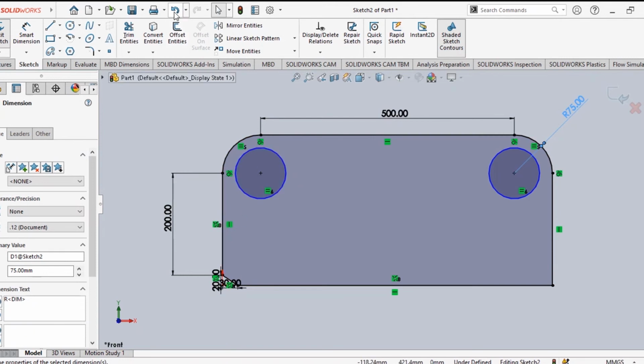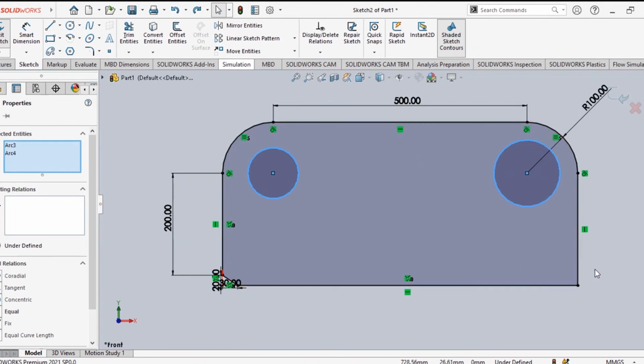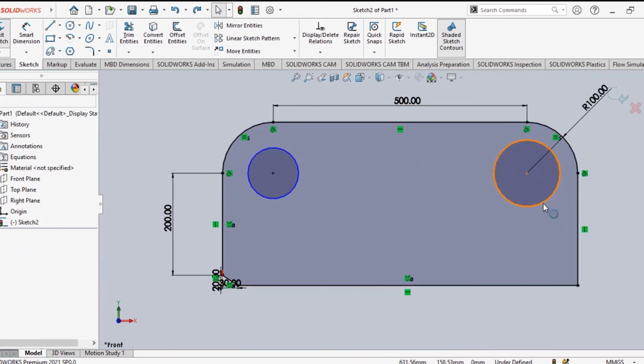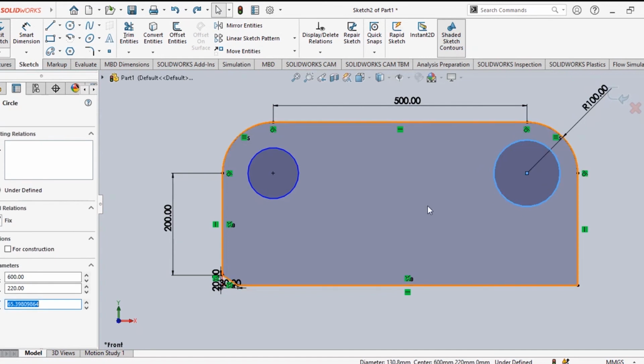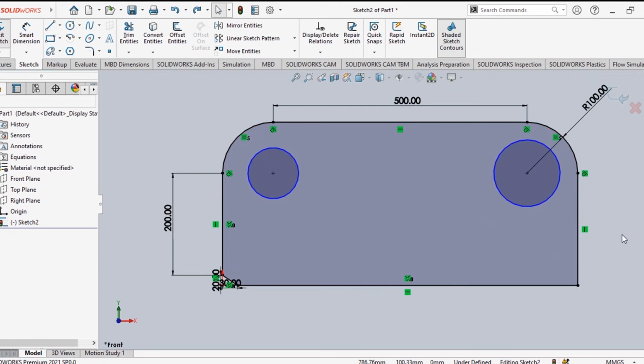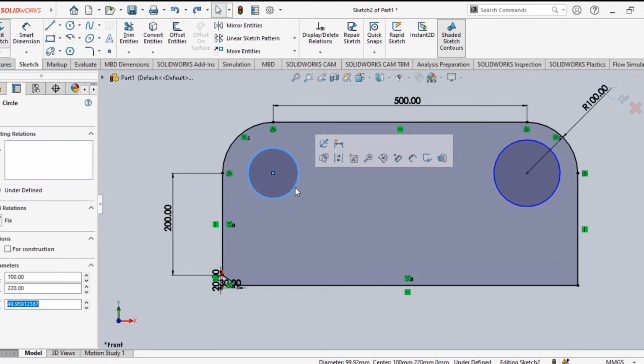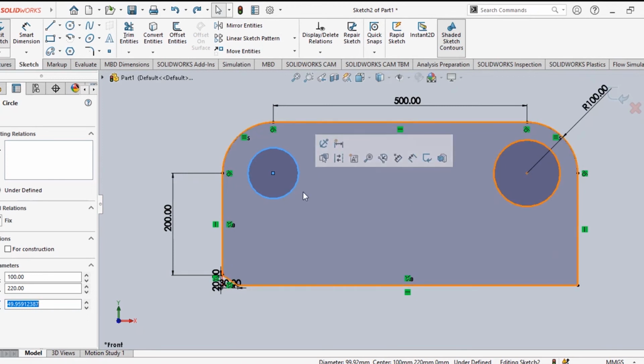I'll show you again what relation is. I'll undo these things. These two circles are different. What you have to do is select the circles. First you select this circle, and again. Now the thing is very, very important. If you want to select two different things together, suppose I am selecting this one, and again I select this one. What will happen? The first selection will be cancelled out. It is not selecting both.